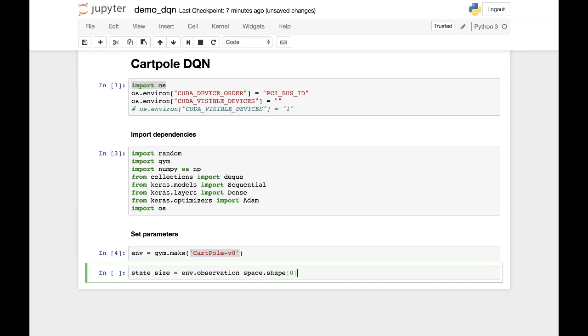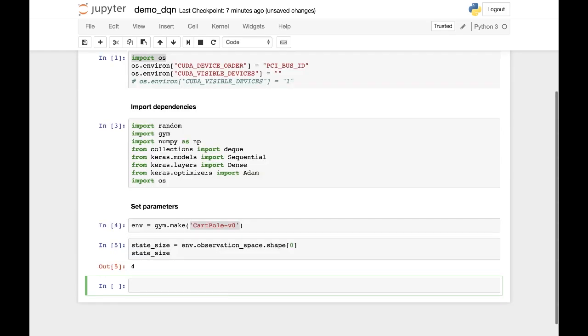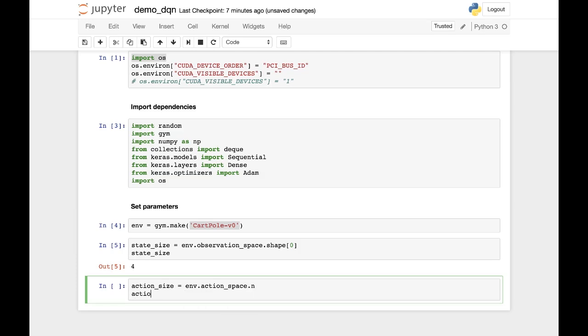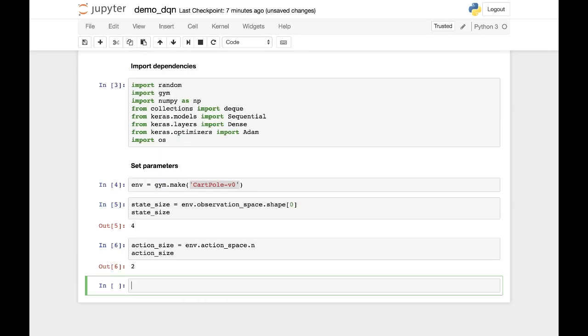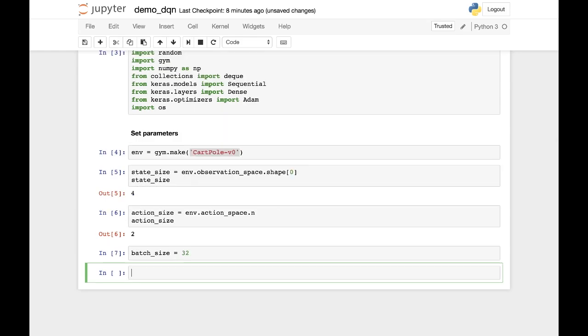So it's simply, here we go, you can see four possible states like I just said, and action size is going to end up being 2, as I will show. We are going to define a batch size for our gradient descent. We're going to set that to 32. It's a hyperparameter that you can vary by powers of 2 if you want to. It shouldn't make too much of a difference